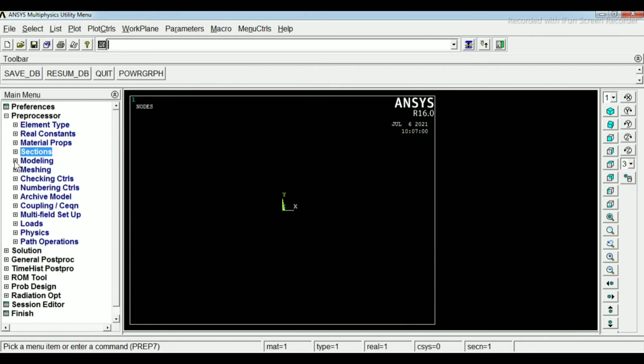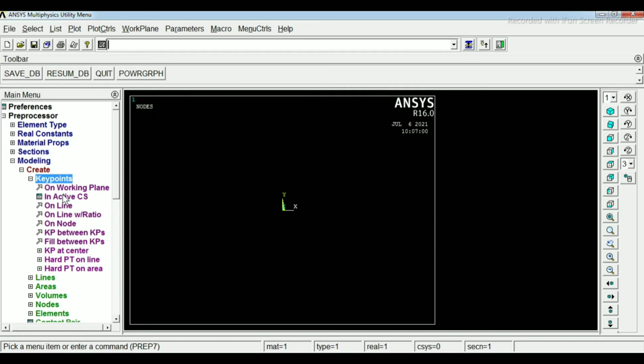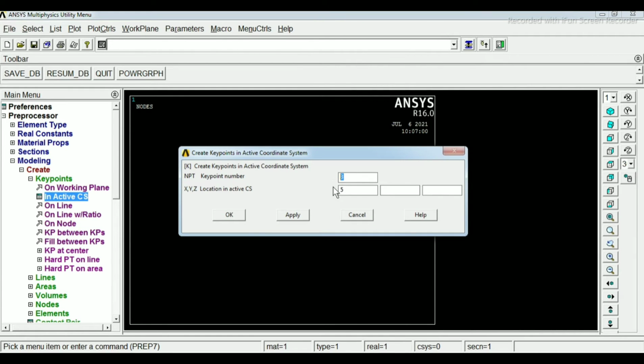Now we have to go for modeling, create, then click on key points. We have to add the 3 key points, then click on in active CS. We give the first key point at the origin. If you don't give any value in the x direction, it will count as 0.